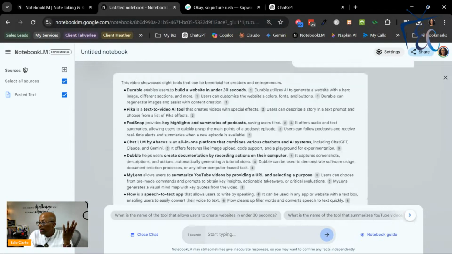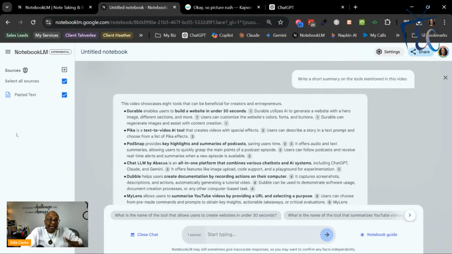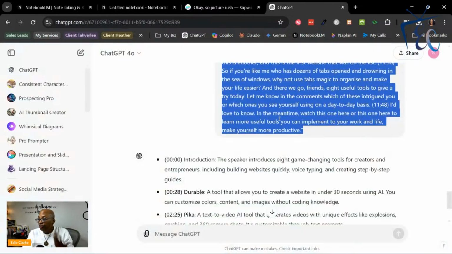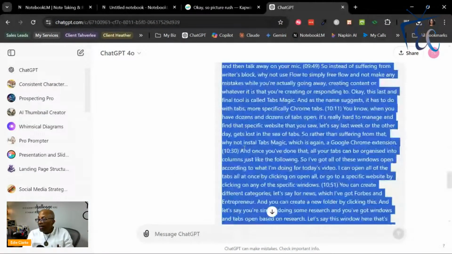So you can get this kind of information, but right now, I don't know why it didn't use that link when it plainly states that you can upload a YouTube video. So I will play around and see if it's certain, I don't know if every video automatically has an issue with Notebook, or if it's still, because Notebook is in the experimental phase, because obviously ChatGPT had no problem getting the